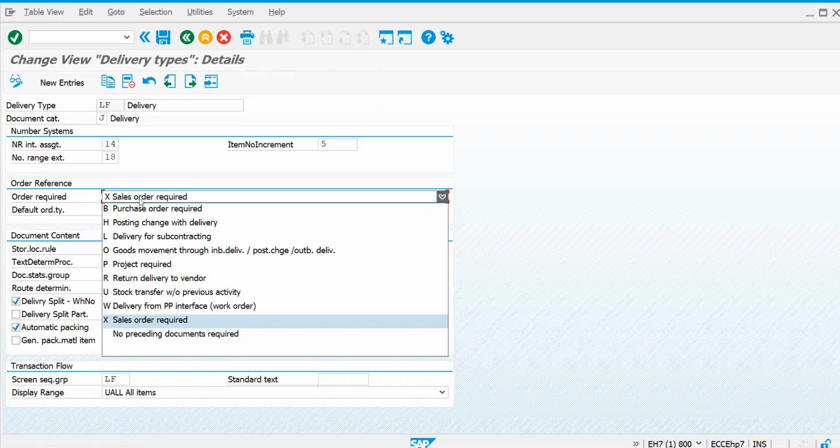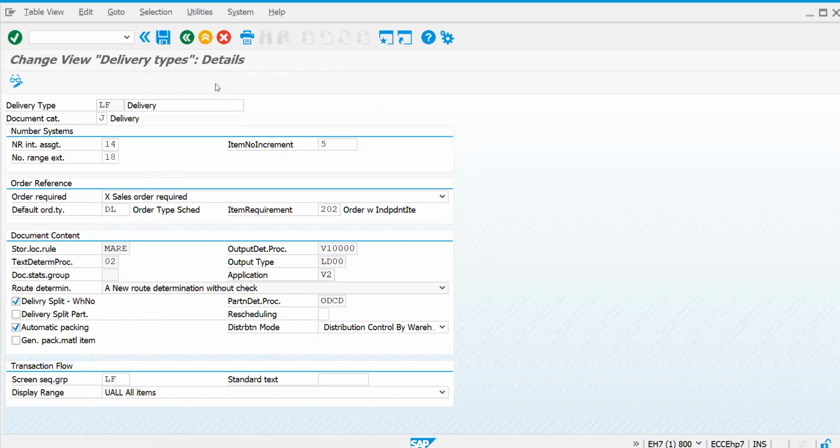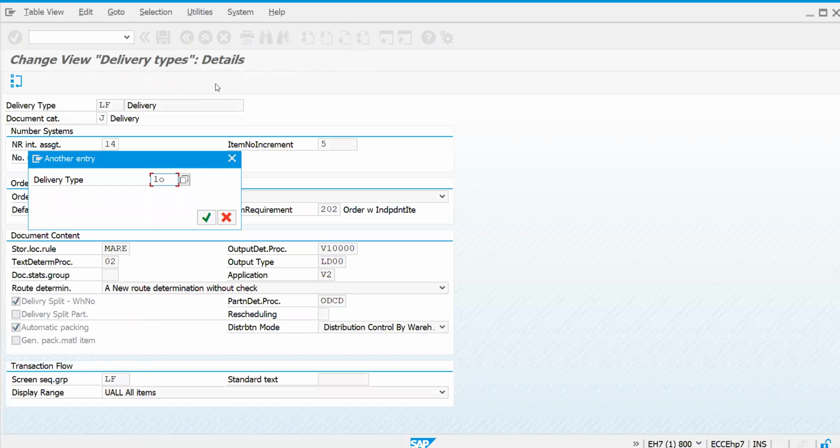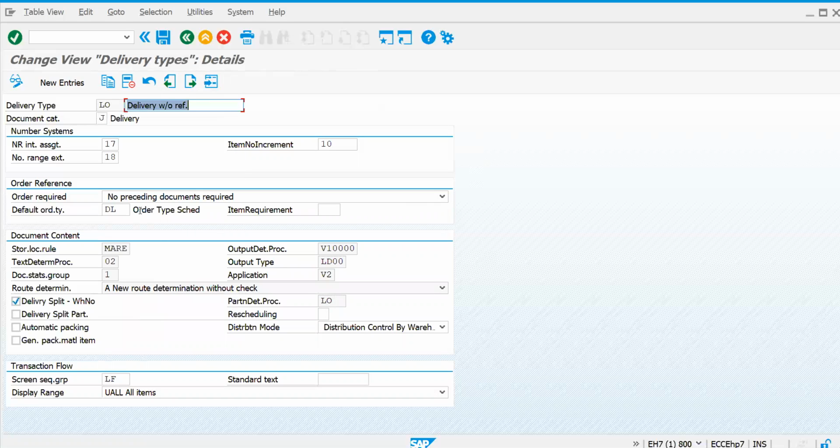Like that, you might come across certain scenarios. Okay, so let me show you one more document, LO. If you see here, no preceding document is required. No preceding document is required means I don't require an order. I don't require any other preceding document to create a delivery.